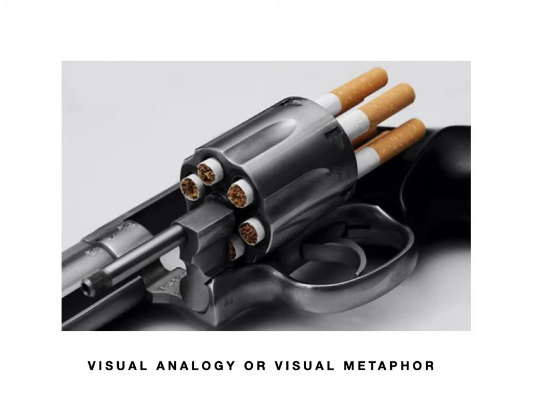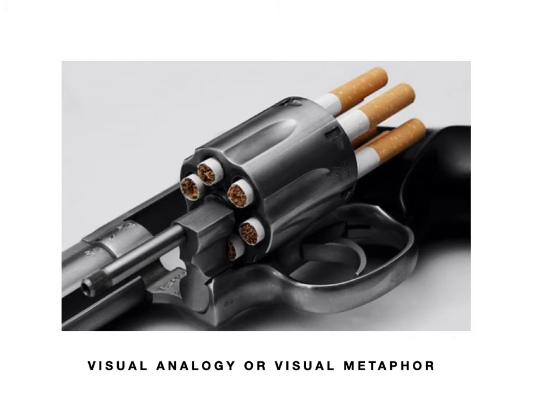Now, the first one is what we would call visual analogy or visual metaphor. A visual analogy is a comparison based on some likeness or similarity. We assume that if two things are alike in one respect, then they will be alike in all respects. So here, because the cigarettes are roughly the shape that a bullet can be to fit into the chamber of the gun, we see that connection. We see the visual connection, but then we also read into it the other connection, which is that cigarettes can kill the same way that bullets do, which is a pretty powerful message.